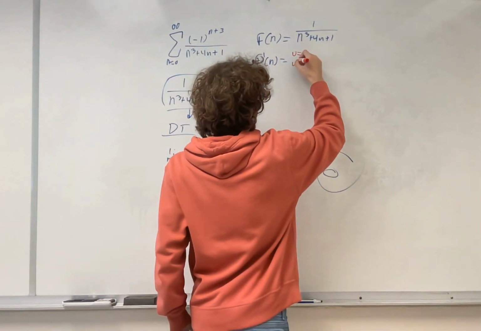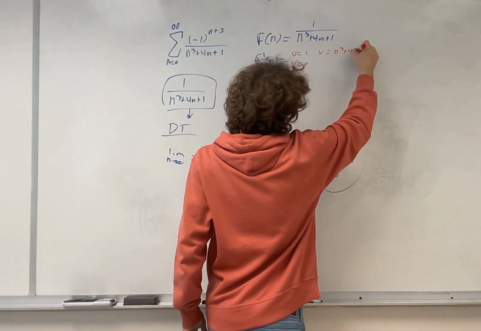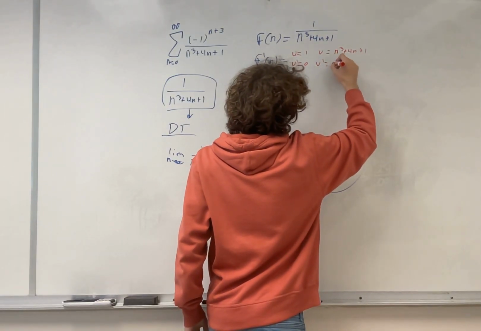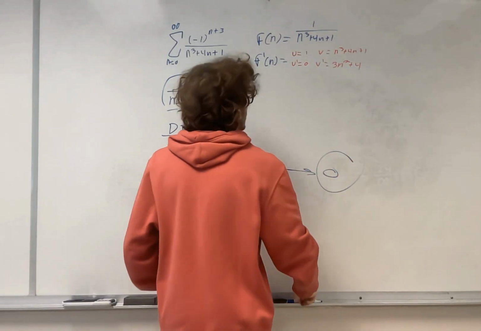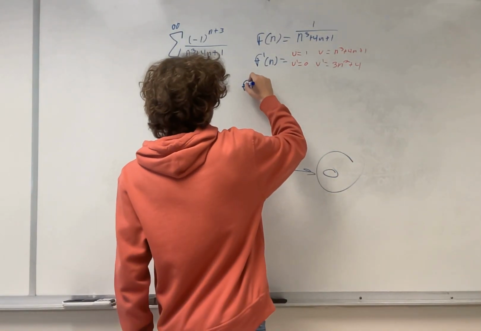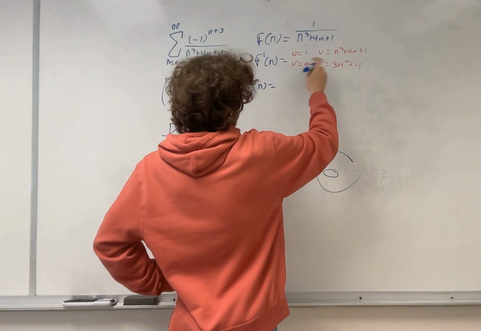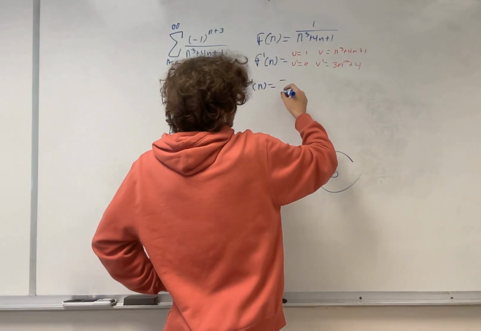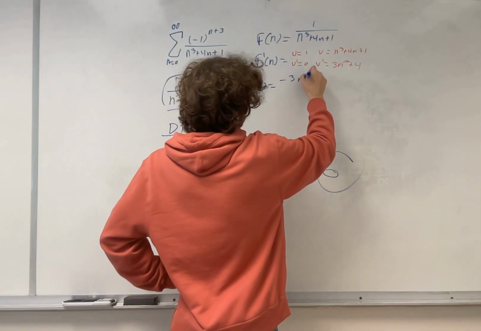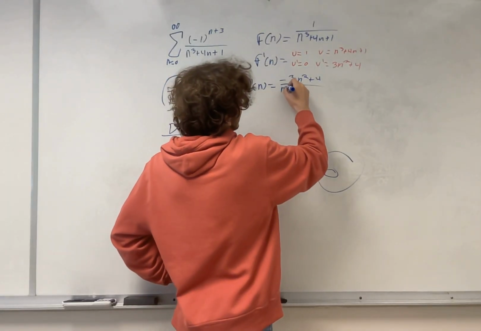U is 1, u prime is 0, v is n to the third plus 4n plus 1, v prime is 3n squared plus 4. So f prime of n is equal to v times 0, so that's going to be nothing, minus u times v prime, which is this, all over v squared, which is n to the third